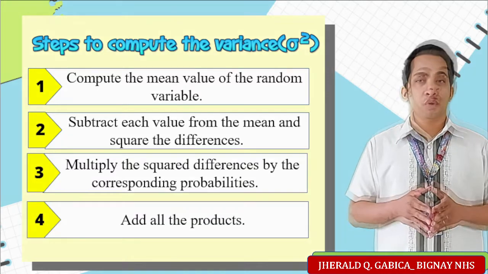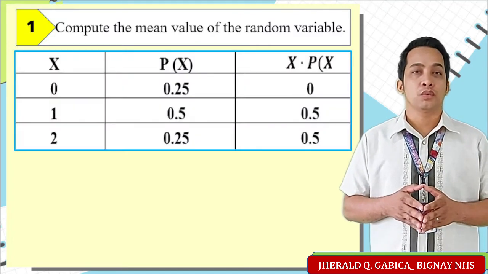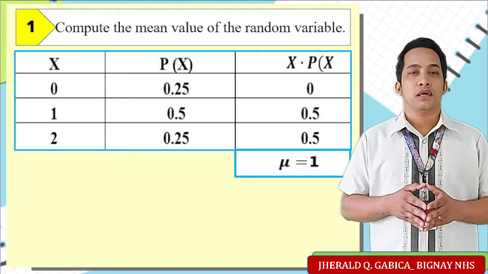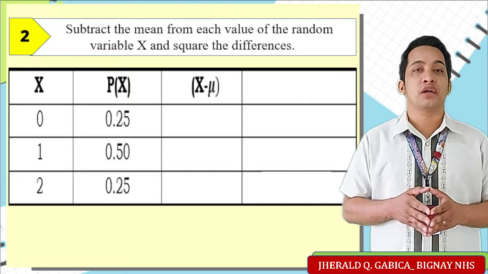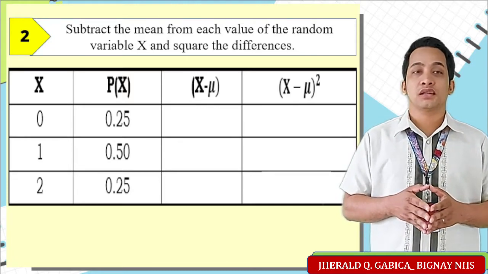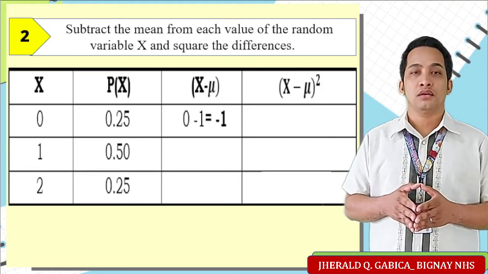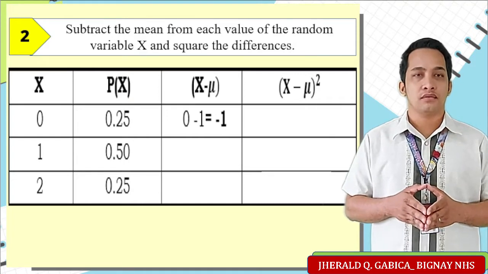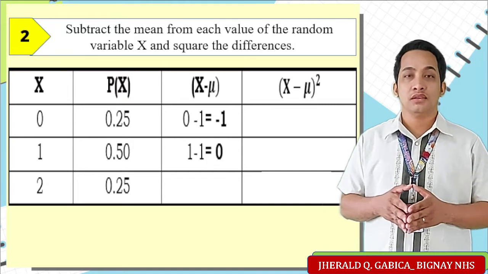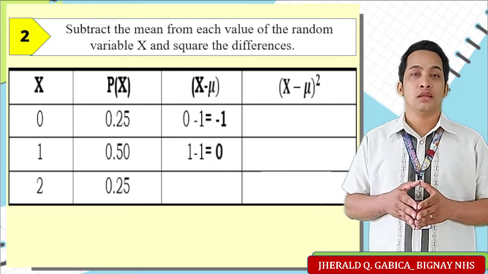From our previous example, our mean is equal to 1. So what we will do for our second step is to subtract the mean from the value of random variable x. For x equal to 0, that is 0 minus 1, equal to negative 1. Next is 1 minus our mean 1, that is equal to 0. And then for x equal to 2, 2 minus 1 is equal to